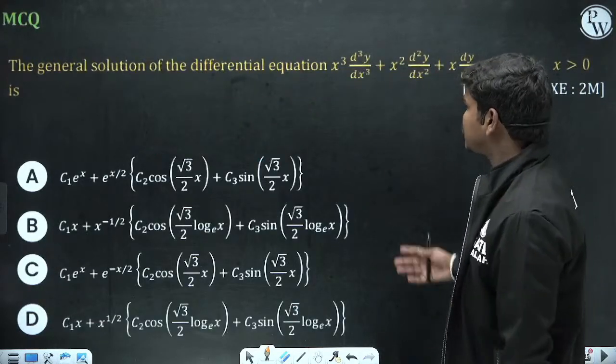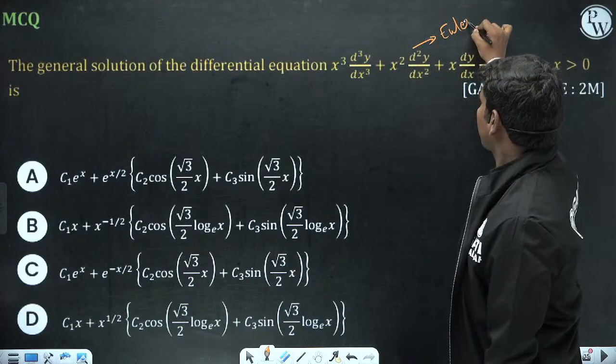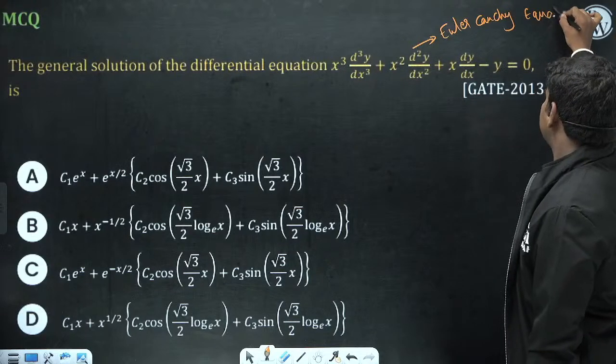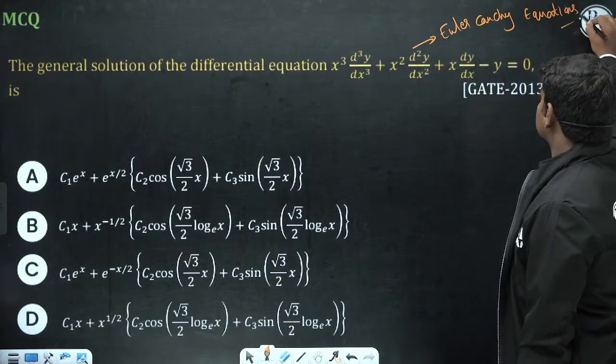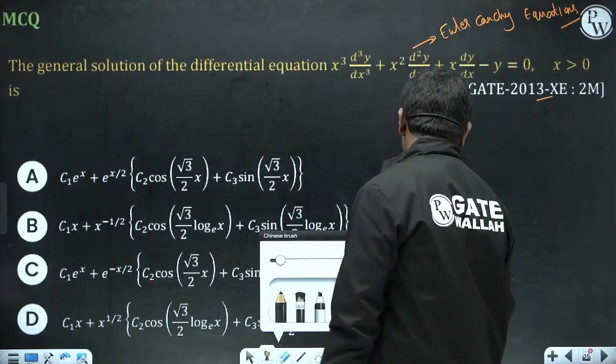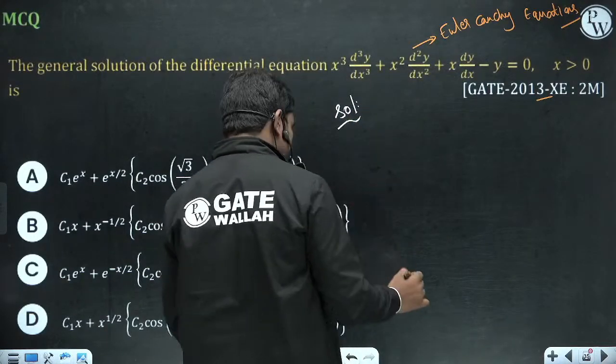So solve this. In yesterday's class we have seen this, Euler-Cauchy equations. Okay, so this is Euler-Cauchy's equations. 2013, 2 marks it came. So if you substitute x is equal to e power z, for example,